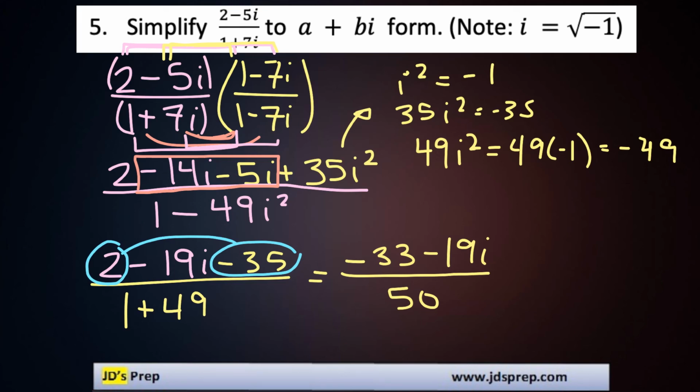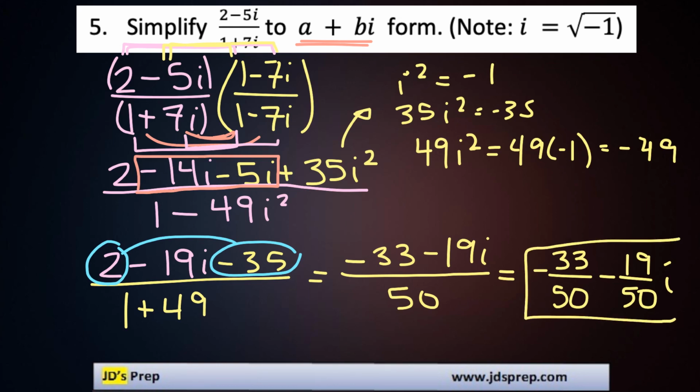Awesome. Now to get it in the final format that they're asking for, a plus bi form, we're just going to separate this into two different fractions. So our first fraction would be negative 33 over 50, and then we're going to subtract 19 over 50 times i. And that would be the format that they would be